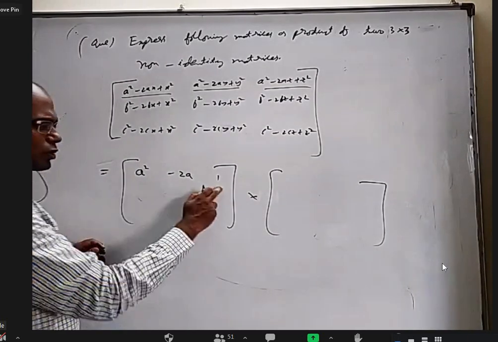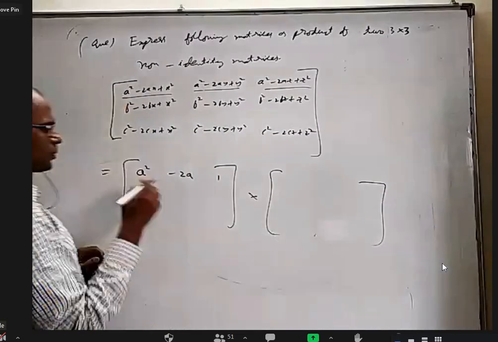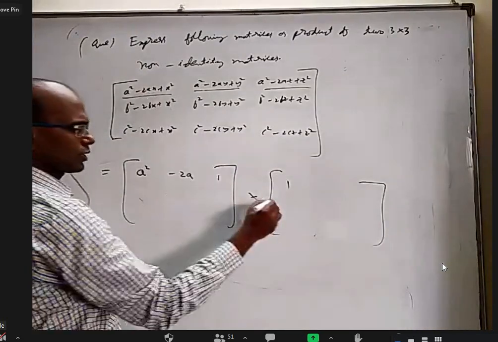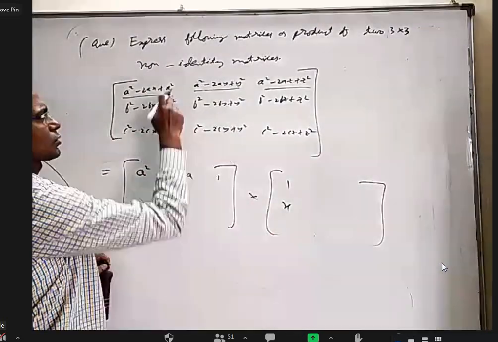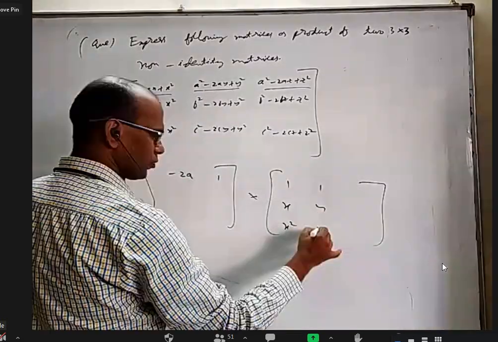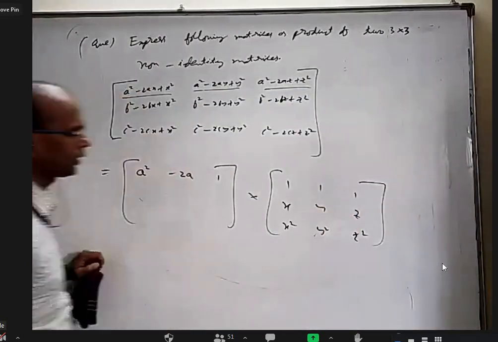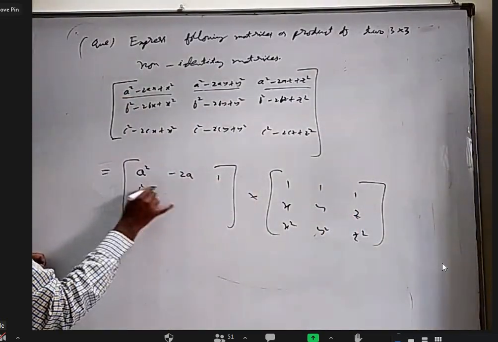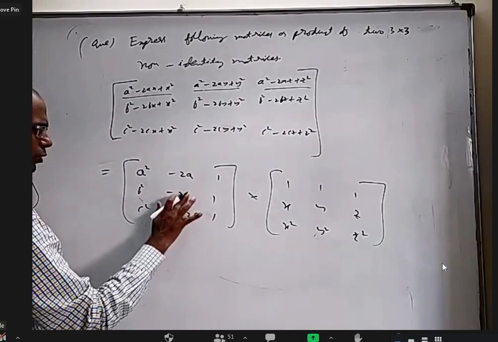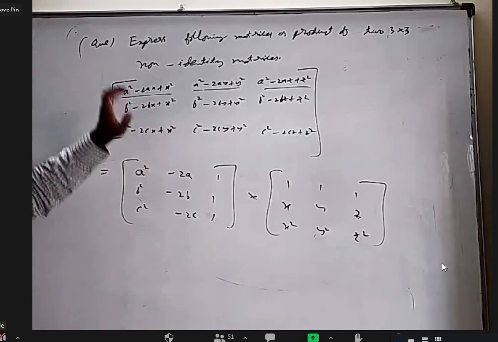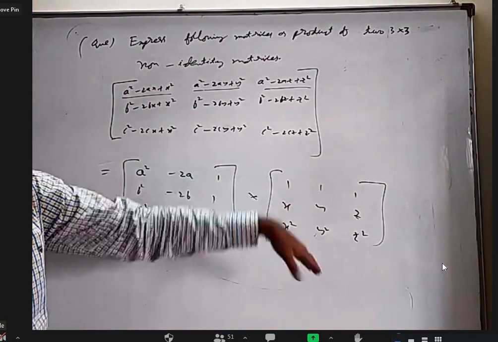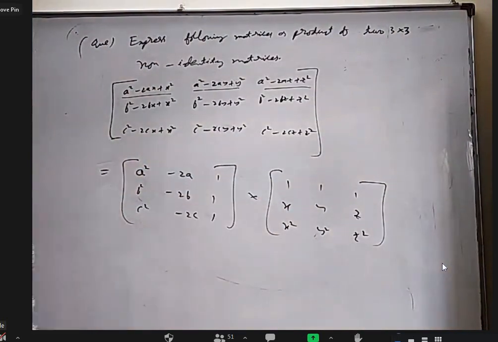Now, once you tell the first row, we can easily tell what these columns are, because this into this should come a square, so I should take 1. This into this should come minus 2x, so I should take x here. This into this I should get x square, so let me write that. Similarly, this into this should give me this, so 1 y y square, 1 z z square. And with the same pattern, we can easily make out b square minus 2b 1, c square minus 2c 1. So it's all about just looking at the pattern. Some three elements will be found here, here, here. They will be the first row. Once you decide the first row, you can decide the columns. Once that is over, you can decide the other rows.